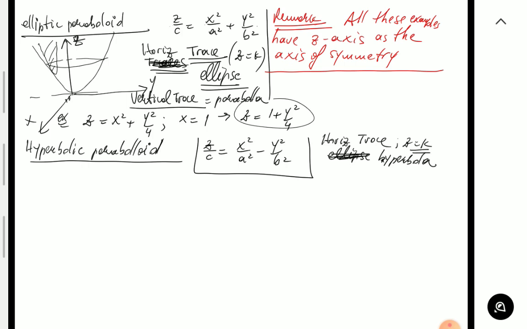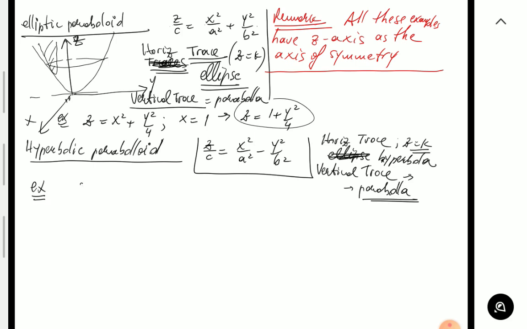And the vertical trace, that is when you fix, again, one of these x or y, the vertical trace will be a parabola. From our perspective, it is a parabola up and down, if you think about it. So here's an example. Let's say I want to sketch,